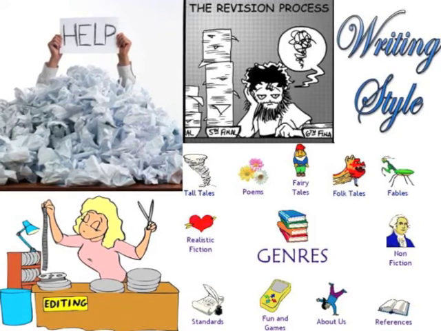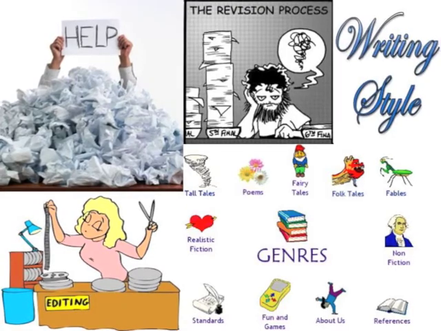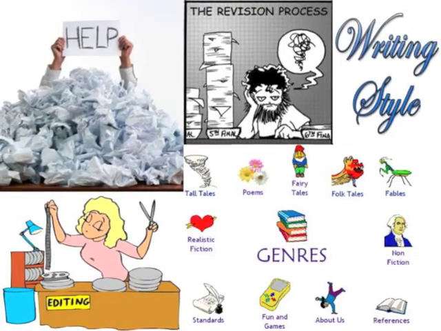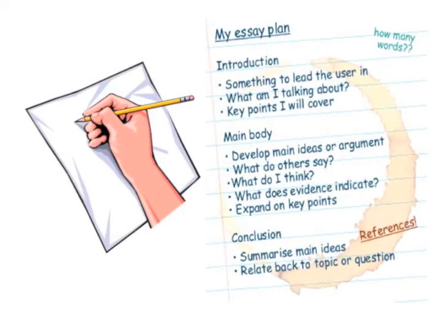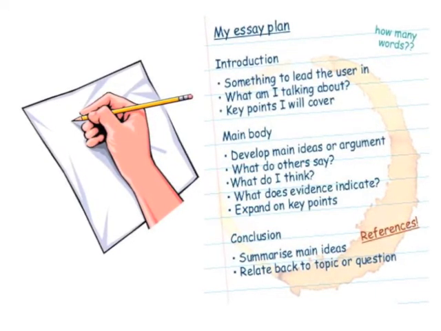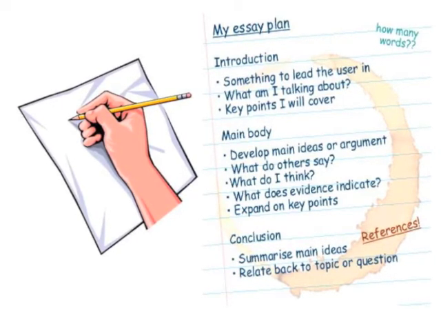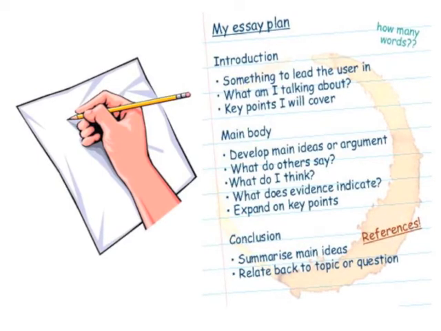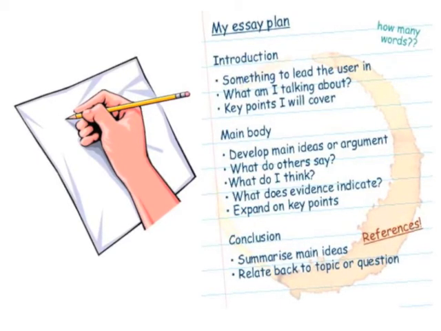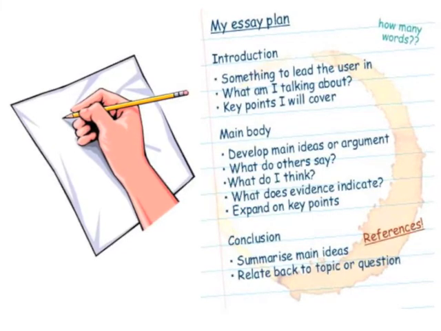But in this lesson, I am focusing on standard 1.1, which is pre-writes to generate ideas and plan writing. During this lesson, I want to teach students how to create and use a pre-writing web to help generate ideas for a writing assignment, and put a plan into place to help organize those ideas. By the end of this unit, students will be able to pre-write and construct a plan for any given writing assignment.